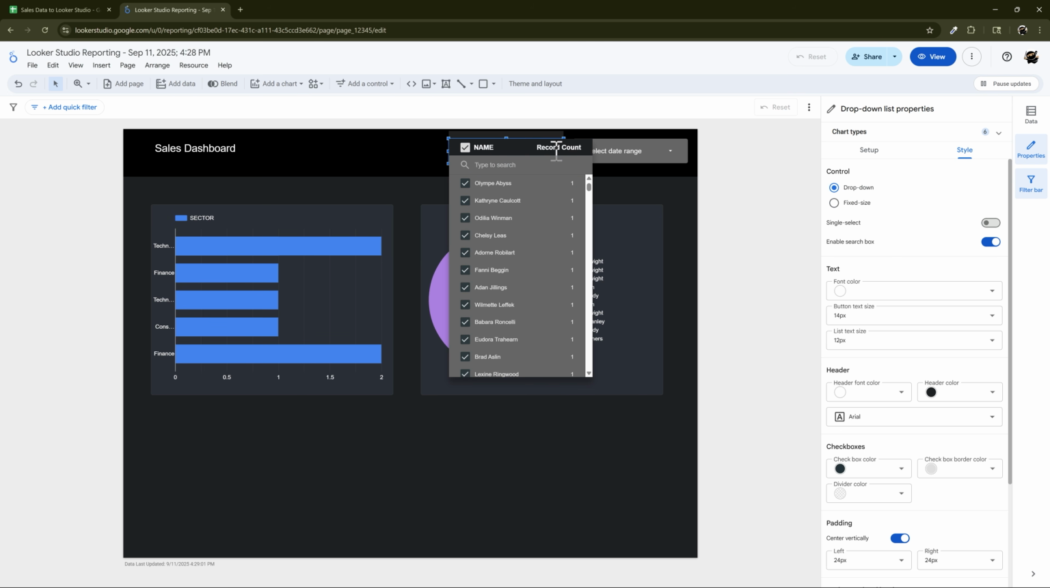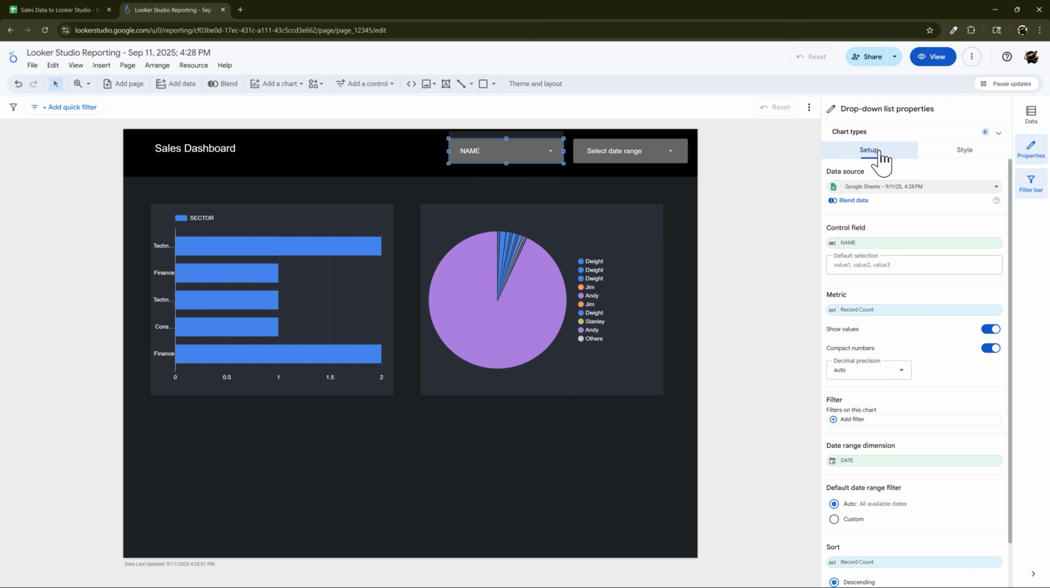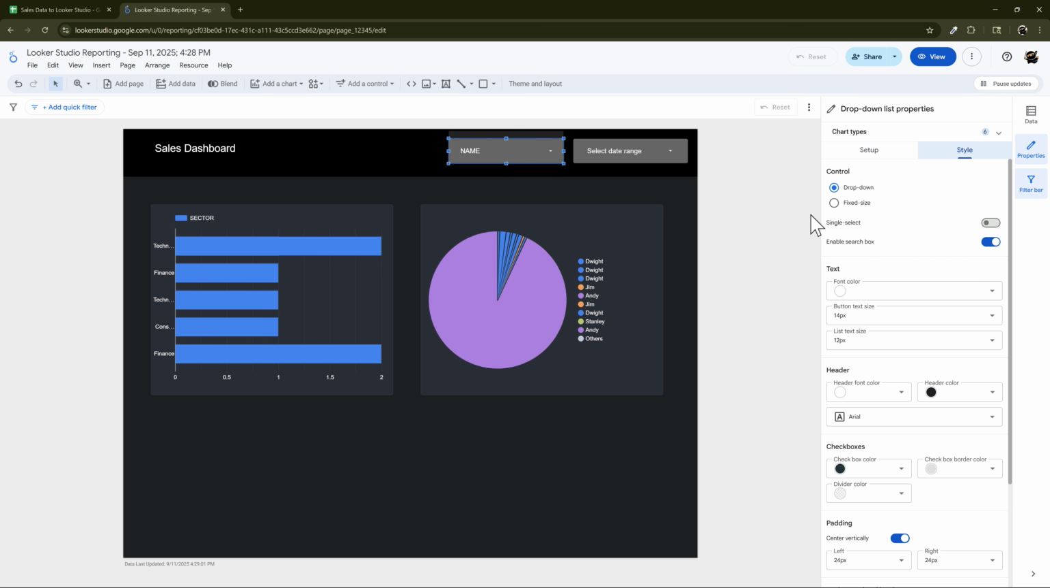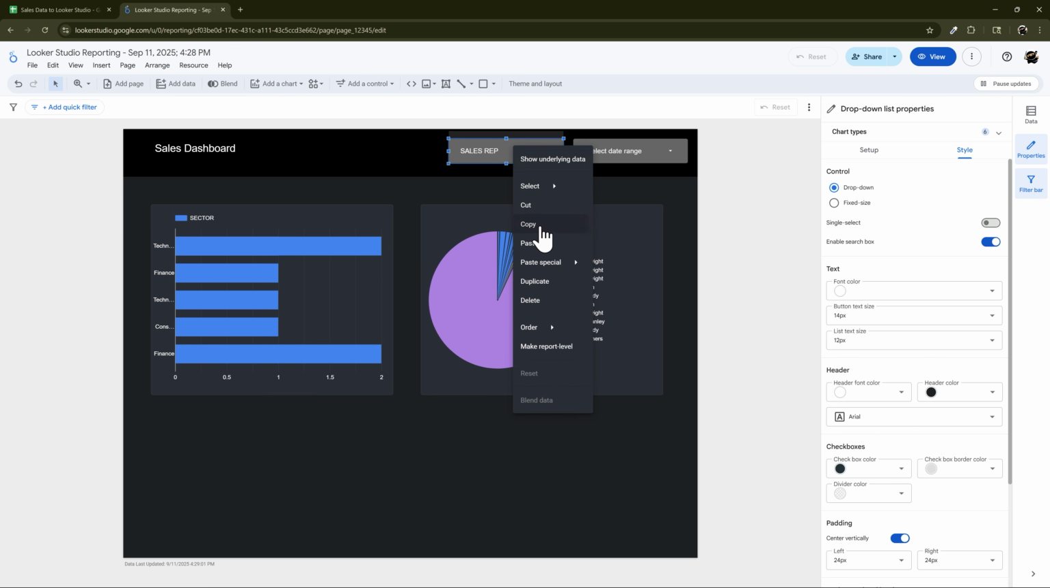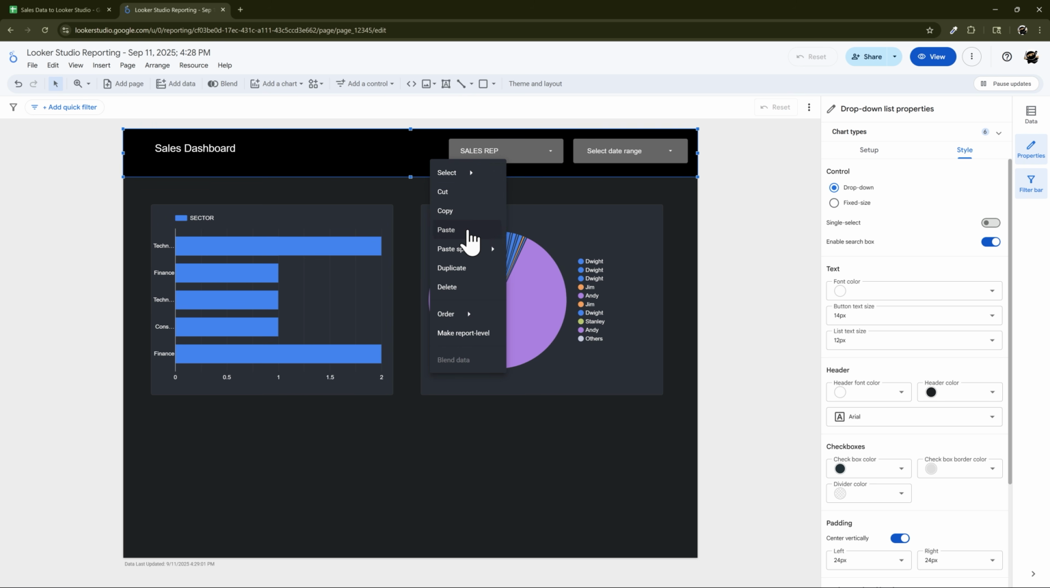The way we do that is when you click on this, it pulls open over here. And we have basically two tabs here, setup and style. Style is really about how it looks, and the setup is about what's going to happen there. So on these, the control field is what this selection will be. So we could do maybe sales rep here. And if we want to do another one for sector, then we can copy this and then paste,